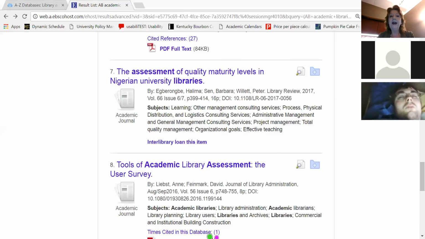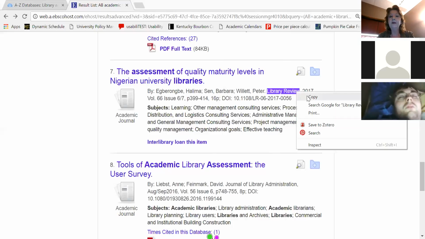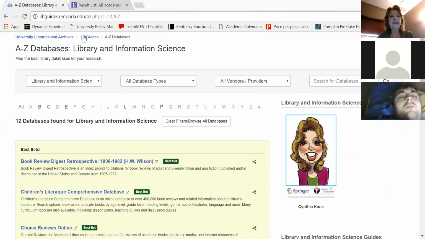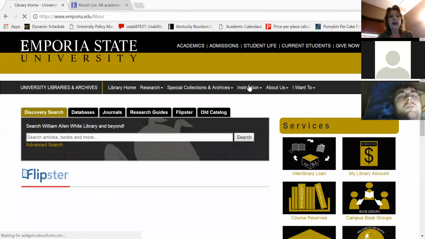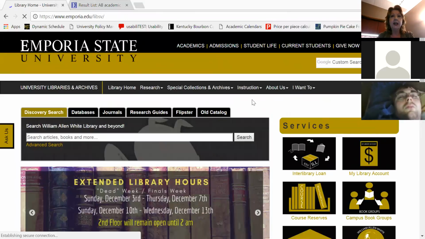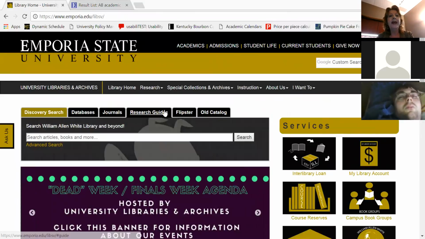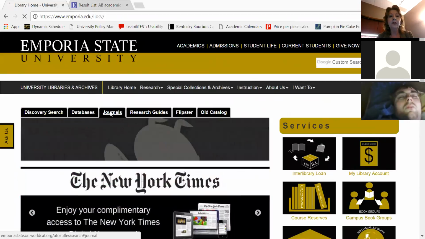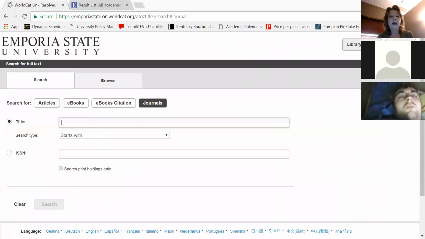What I have to know how to do, again, I can't really expect a patron to know this intuitively. What I have to do is copy the title of the journal, and I'm going to go back to this tab. Okay. Are you seeing the library's homepage again? Yes. Awesome. Okay. So now what I have to know how to do is to go to this tab called Journals, paste the title of the journal,